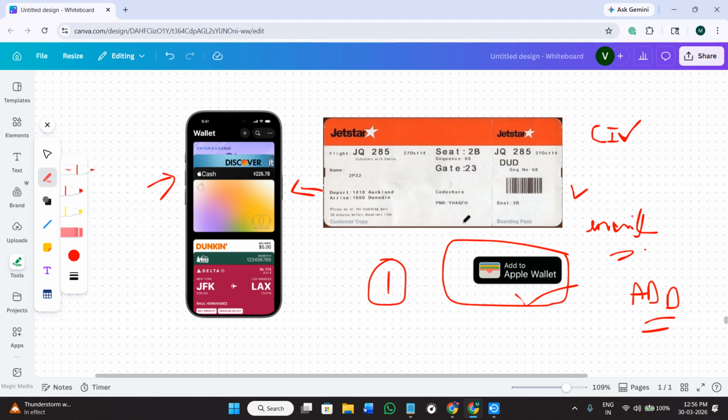Now, if the wallet option is not available, you can keep a backup. You can save the screenshot and download the boarding pass PDF. You can also show this at the airport if needed, and this ensures that you don't face any kind of